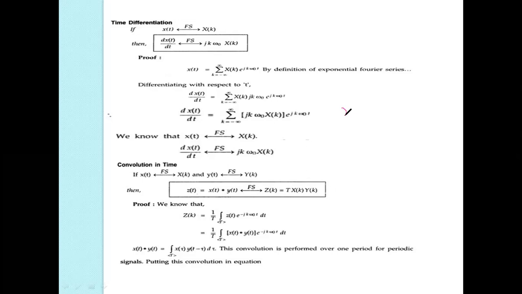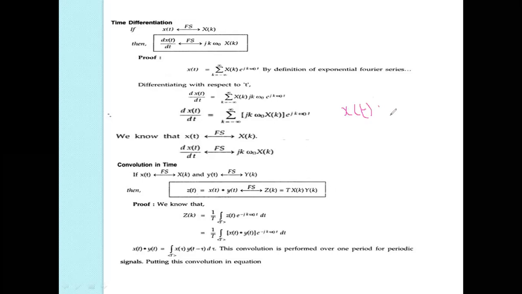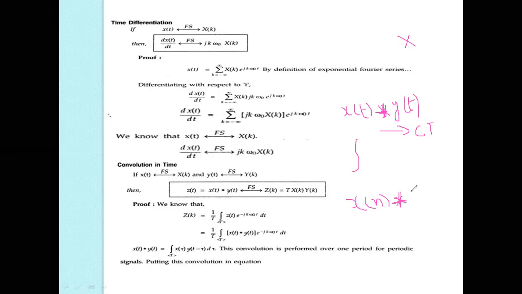When we take x of t, the convolution y of t is, for continuous signals, an integral. Convolution means an asterisk, a star on the keyboard, in between the signals; it is not a cross mark for multiplication. It is x of n convolved with y of n,